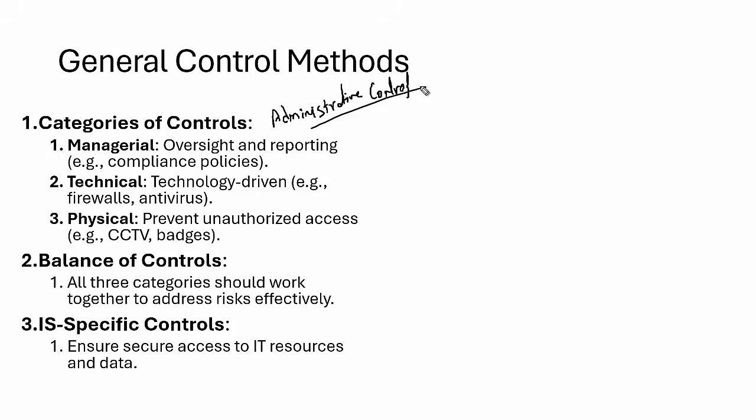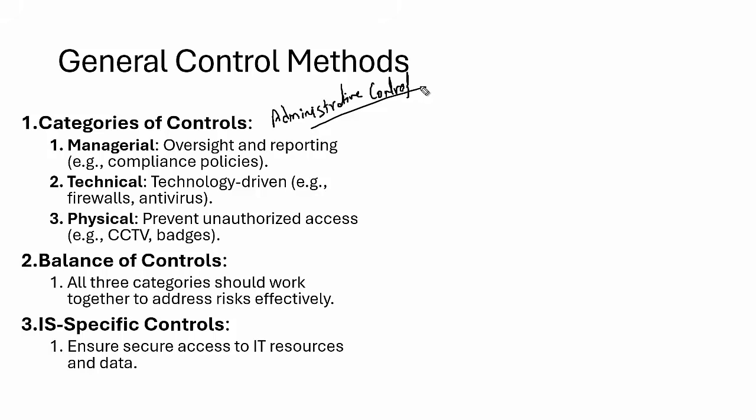So if we have given an instruction to the security guard standing at the main gate, make sure no one should come without a mask. When anyone comes without a mask, he will say it's a management direction that you cannot enter without a mask. So that's a managerial control. We enforce the preventive function in a more administrative way.